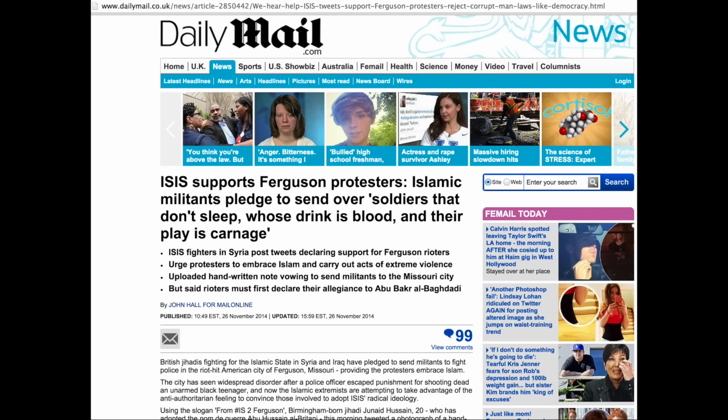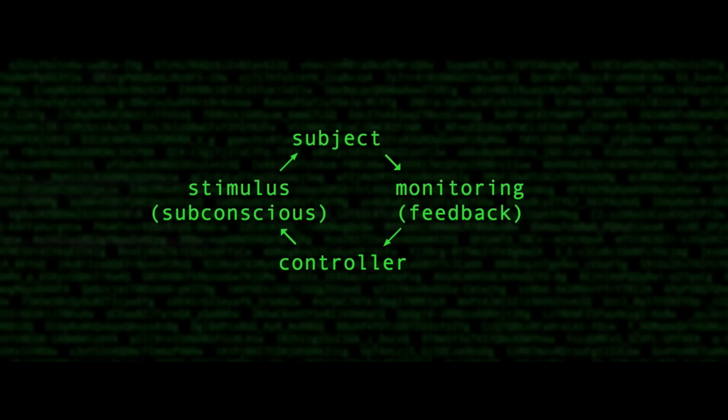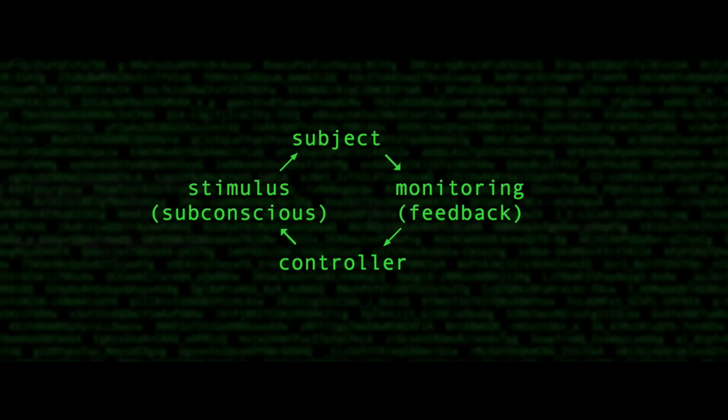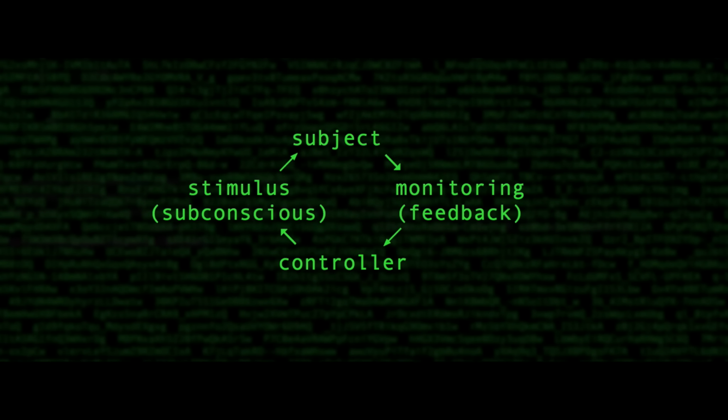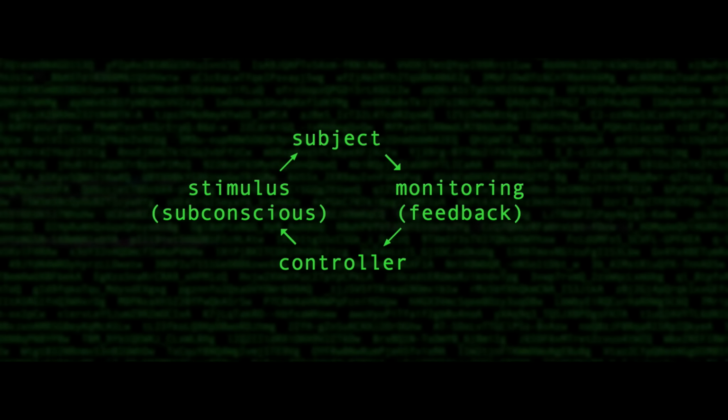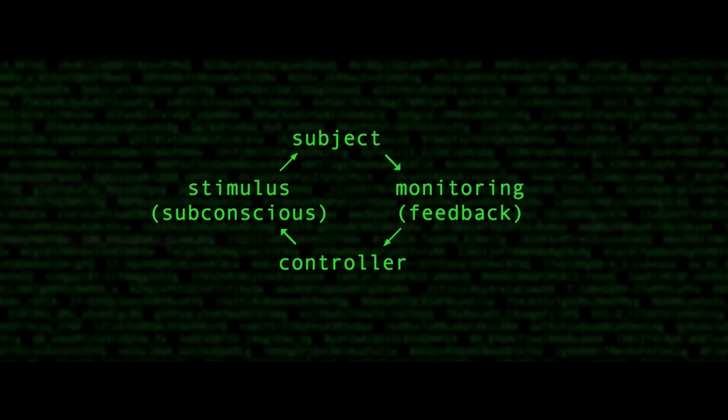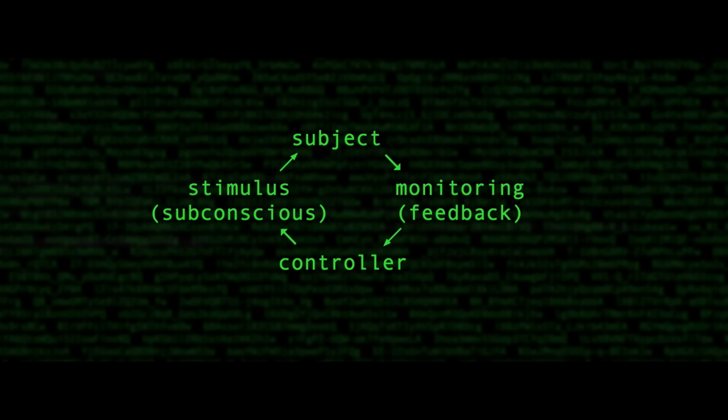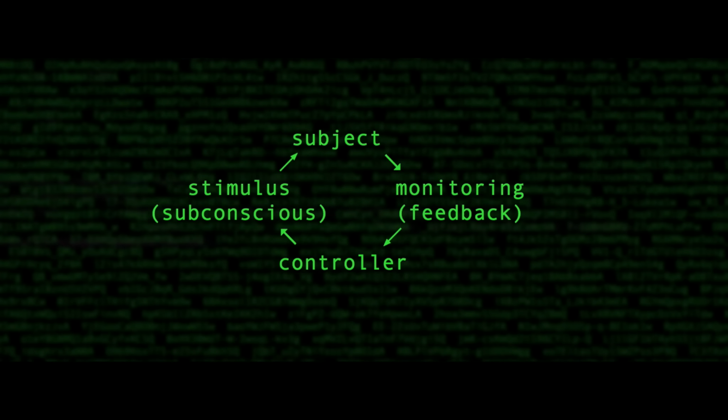We'll take a look at decoding these symbols in the next video, but for now, recognize that the mainstream media is a mechanism of mind control. It is triggering subconscious reactions in you. Recognize that social networks and the NSA spying is a monitoring system designed to collect feedback on how these stimuli are affecting us.